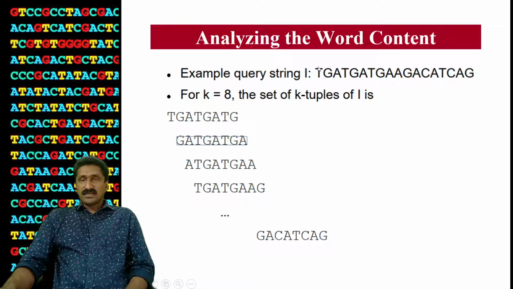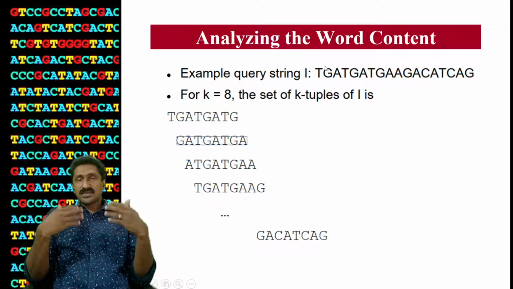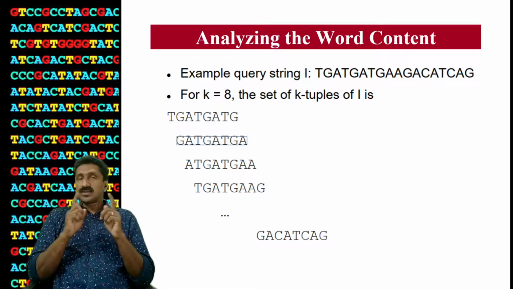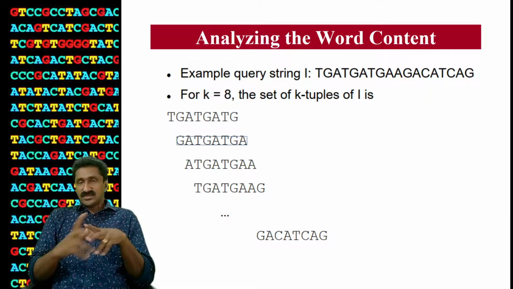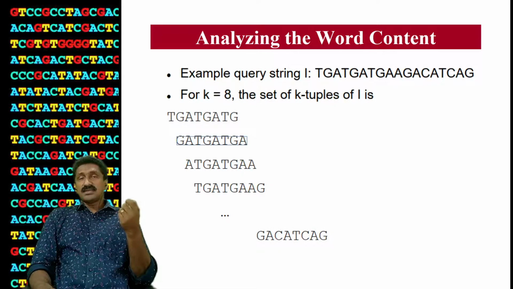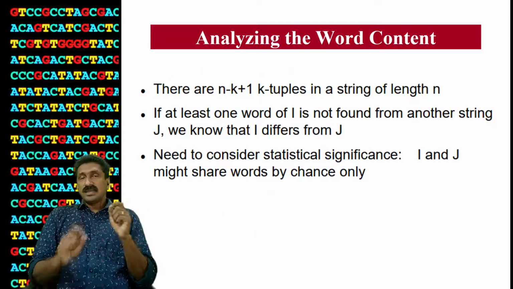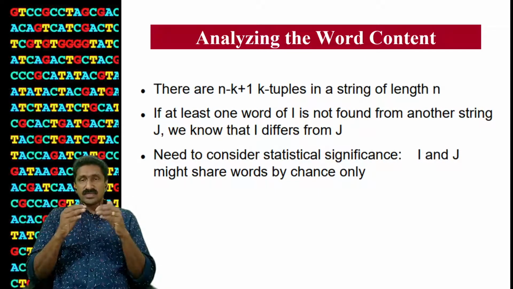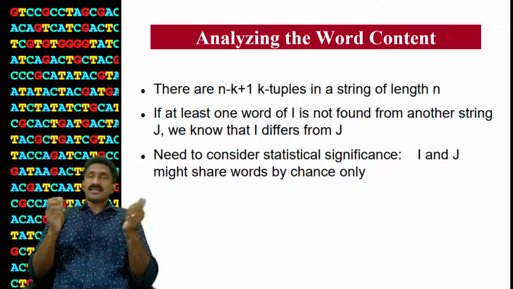So it is like the first 8 will be taken as the first word, then starting from the second, the next 8 will be taken as the second word, and starting from the third, the next 8 will be taken as the third. And likewise, you can generate a set of 8 letters as k tuples or keywords if your k is 8. And how many possibilities are there? How many words can be generated? It is n minus k plus 1. That is the formula that can be applied to calculate the total number of words that can be generated,